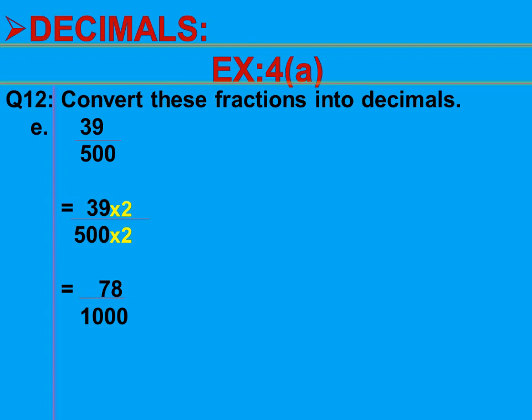Now dear students, we will write it as a decimal just by replacing these zeros with the digits in the numerator. We will replace this 0 with 8. Now we will replace this 0 with 7. Now dear students, you can see that we have no digit in the numerator to replace the 0 of the denominator. So we will simply write 0 as it is. And we will replace 1 with the point. At the end we will write 0.078. Dear students, at the start we will write 0 to make this decimal point prominent.